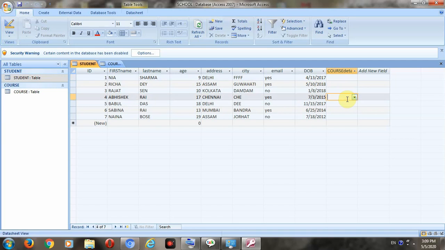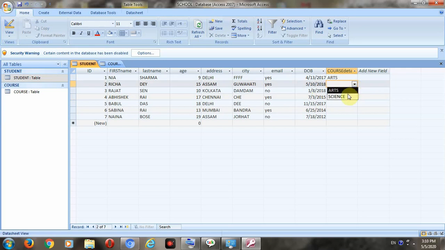It will take some time. After some time, when you refresh the window, you will see three values, that is arts, science and commerce. Previously I had created only two values, that's why it was giving only two values.